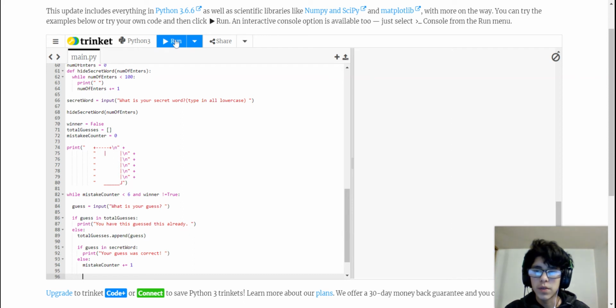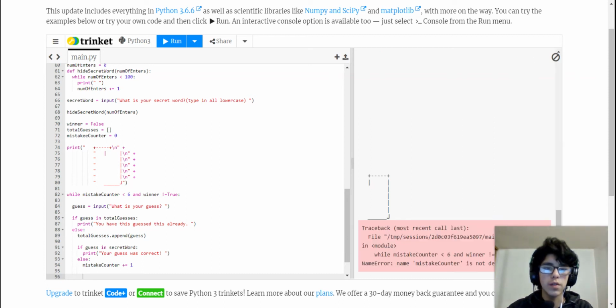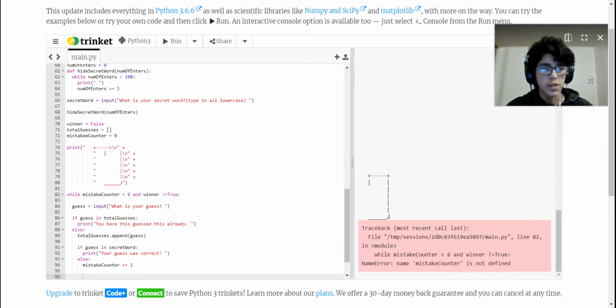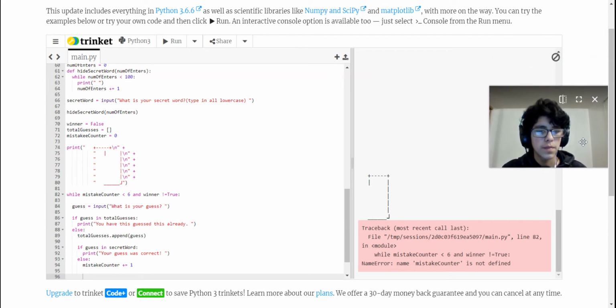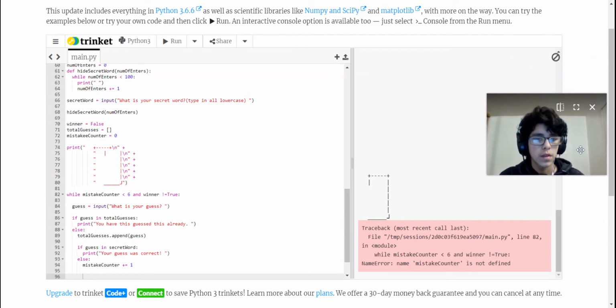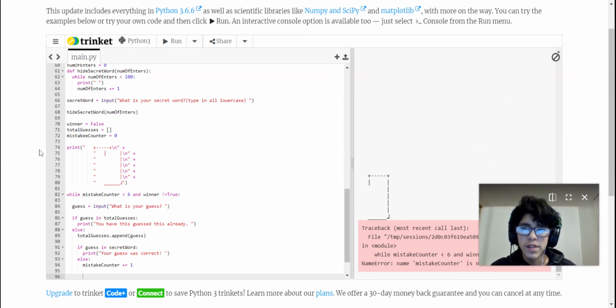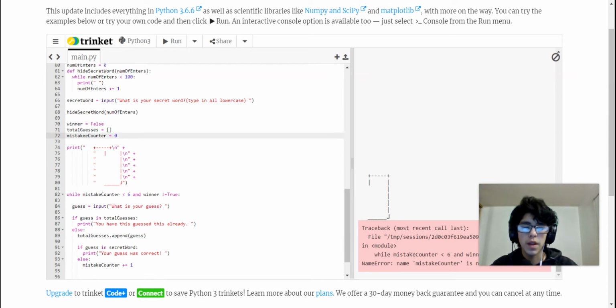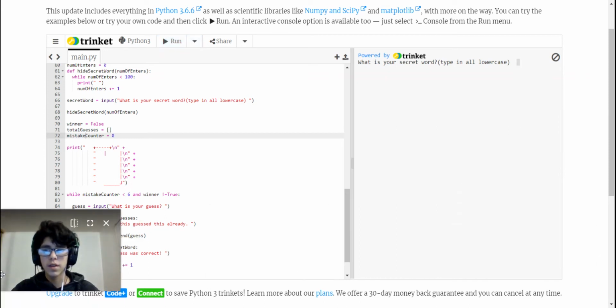let's just take a checkpoint to see what the code looks like so far. So you type in your secret word hello. Oh, and look at, good thing we checked because it says we have a mistake. Mistake counter not defined. Oh, it says that because we made a spelling error in our mistake counter. So now let's see what the code is like. I will move my camera. Okay, so the code,